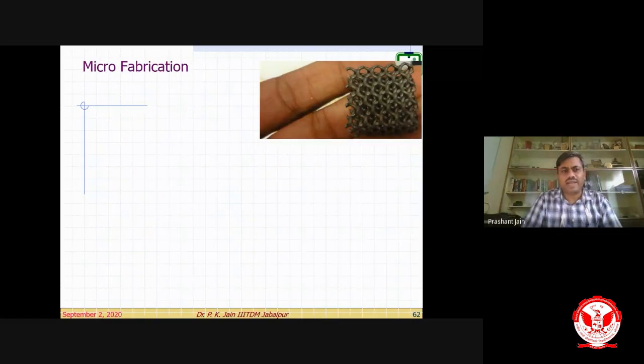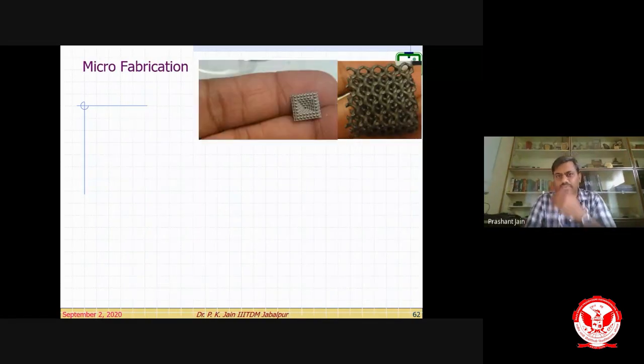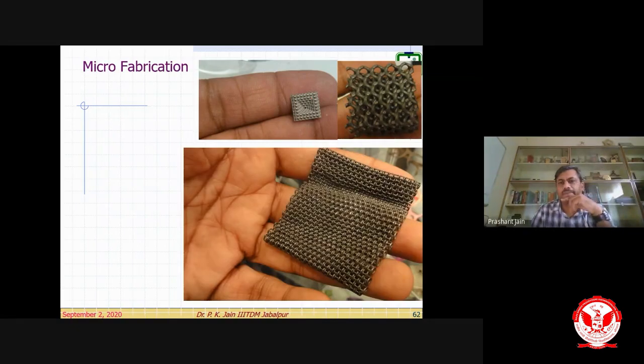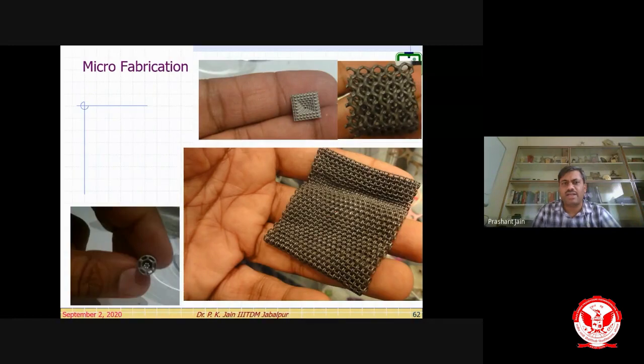Look at this, some other microfabrication kind of thing. See how small the features are that we can produce here. And look at this, this is flexible, just like our ornaments. And look at this titanium screw used for biomedical applications. You see here, a through hole is required, right?